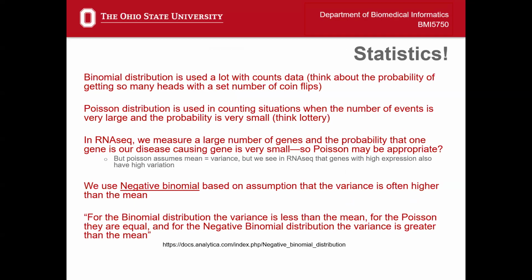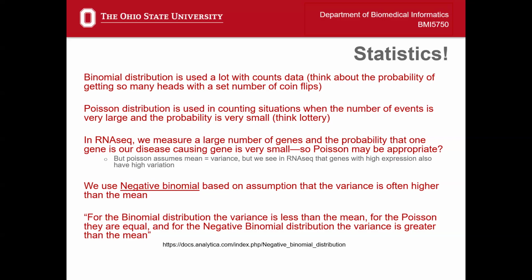Okay. Another thing we have to think about is statistics. So we are doing a statistical test by comparing Group A to Group B. And anytime we do a statistical test, we need to choose a distribution or a modeling method where that distribution's assumptions match up the best with the data that we have. Now, reading about some of these distributions,